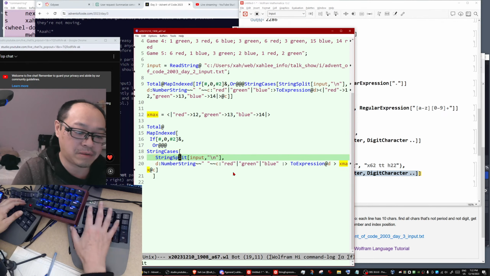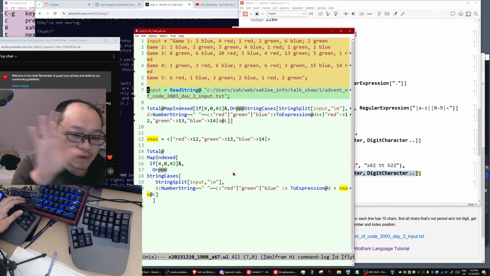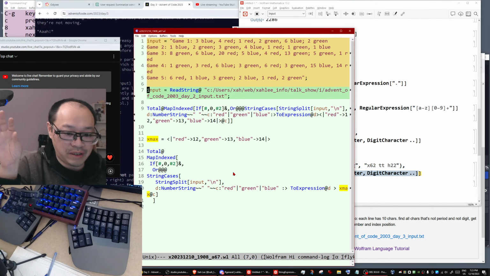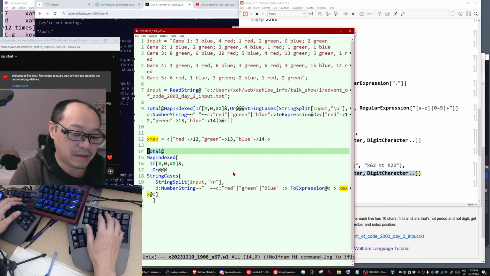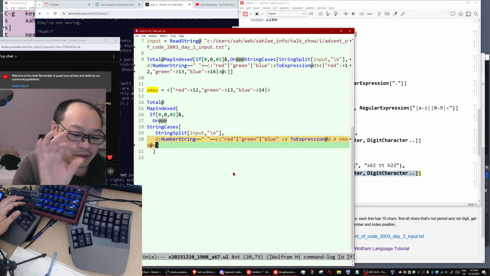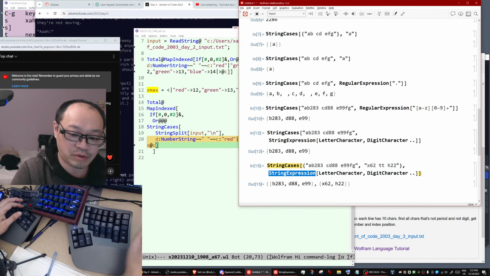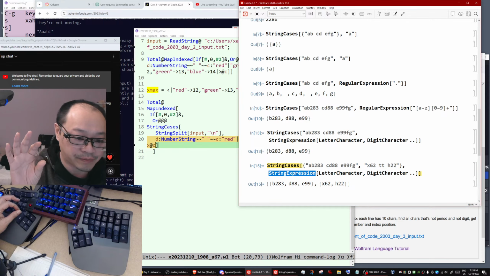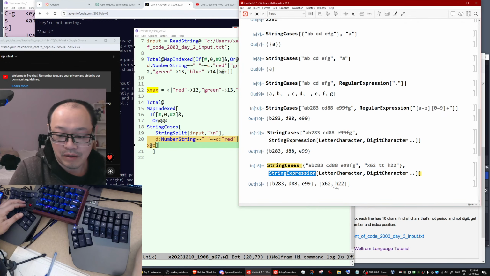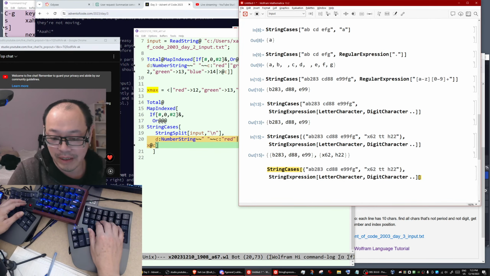The first argument is the split string of the entire input. So each string is a line. So the second part is the heart of the solution, the second part, okay? Now we explained so far here we are using string expression to extract strings. Now you can actually do replacement. So for example,